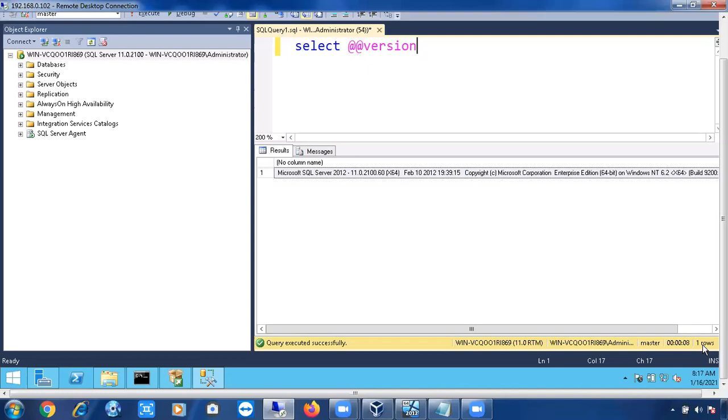Sometimes if you use a select query on a table, in that table almost 1000 records are there. You cannot simply drag it down, or else 1 lakh records are there. It will be very difficult to drag the button down. By just looking at the number of rows here, you can easily understand that 1 lakh records are there in this table, or 1 crore records are there in this table. So like this you can easily understand how many rows were returned. Now it returned only one row, right? So you can see one row here.